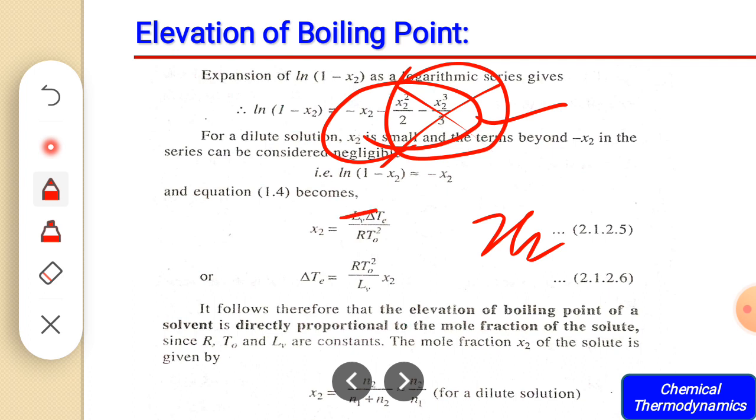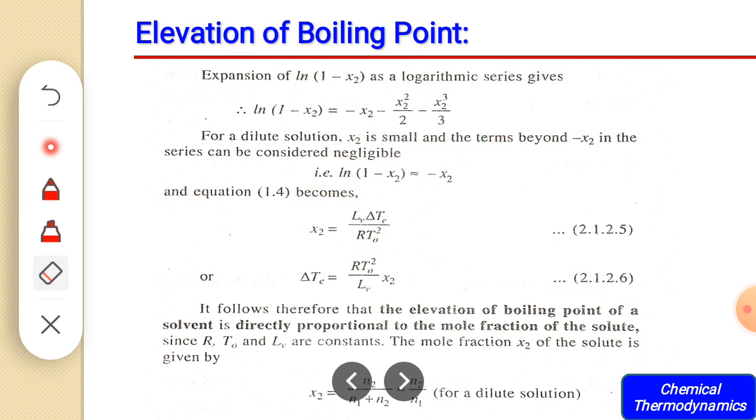Therefore ln of 1 minus x2 is simply equal to minus x2, and if we put this value in the equation, minus becomes plus. That's why we are getting x2 equal to Lv delta T divided by R T0 square,